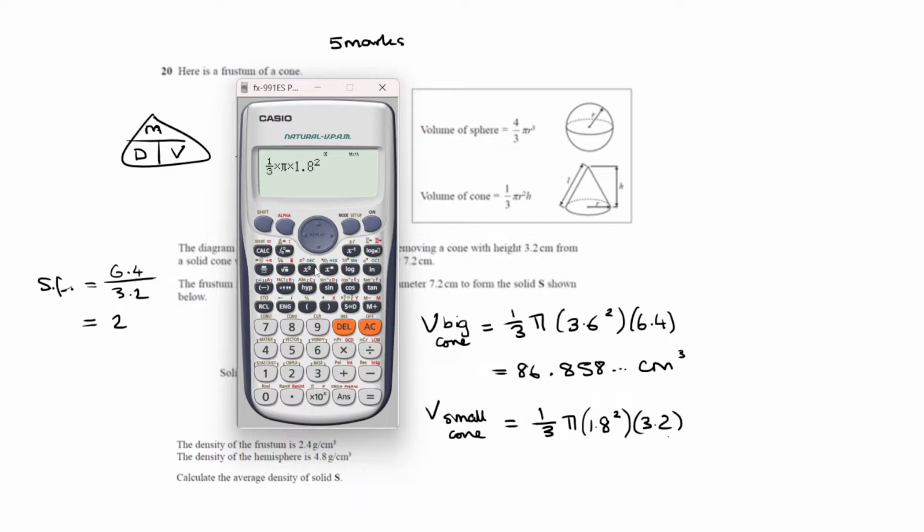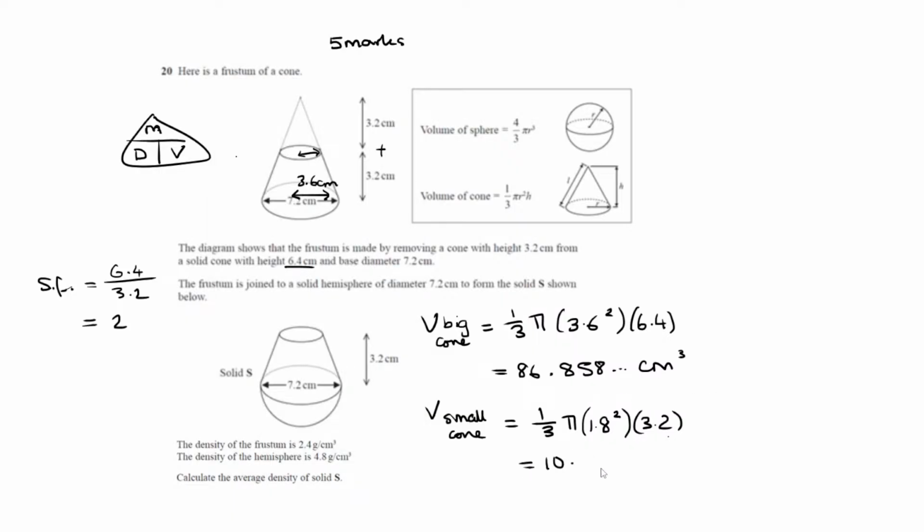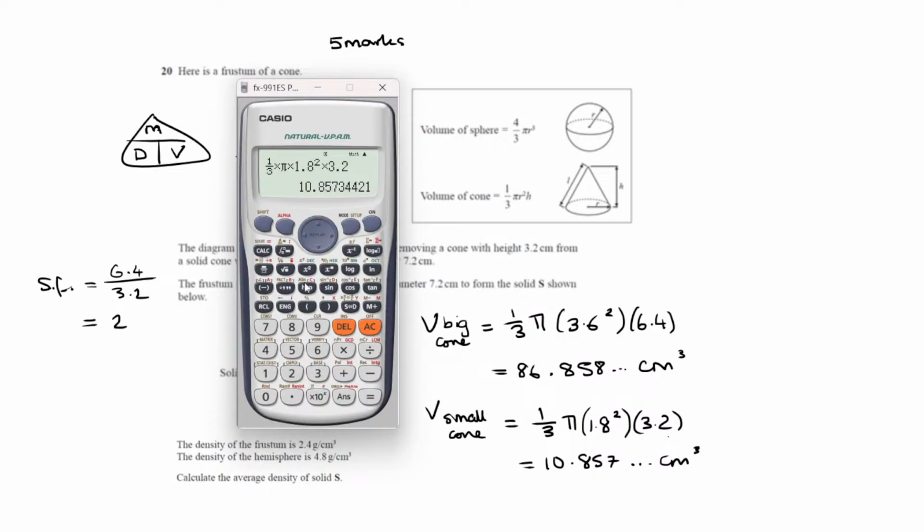1.8 squared times 3.2. 10.857. Now, obviously, for the frustum, you just subtract them. It's not really more complicated than that. It's just literally taking them away. So that's why I wanted to keep my other number. Because I stored my other number, I'm going to do where I stored it in A minus my answer,